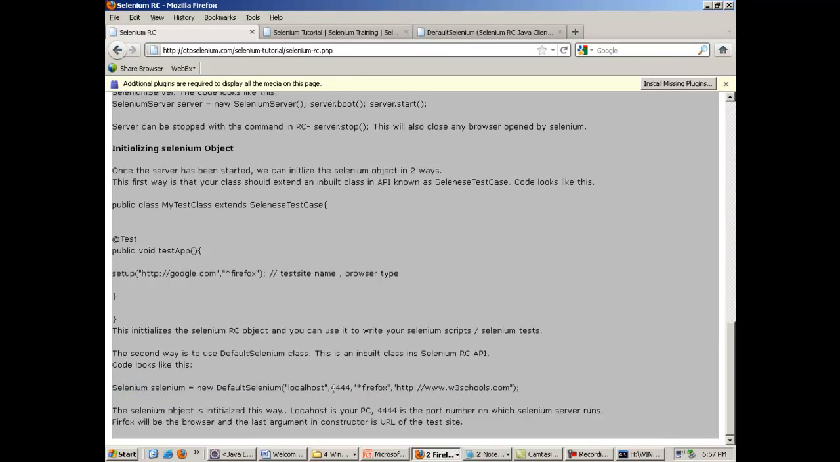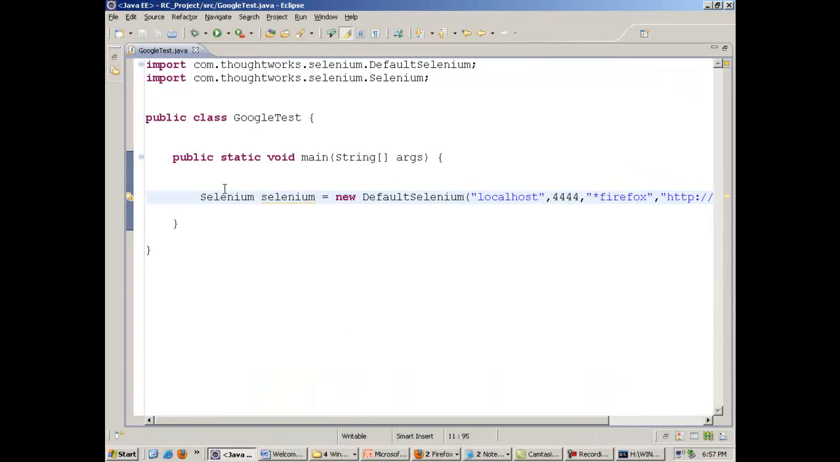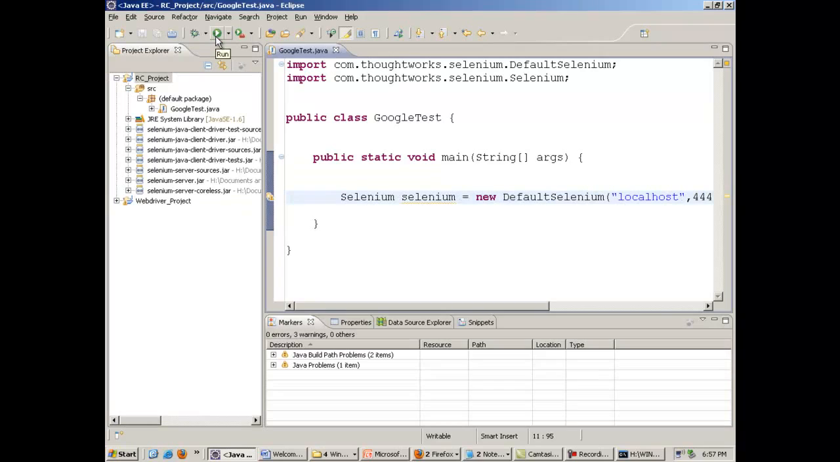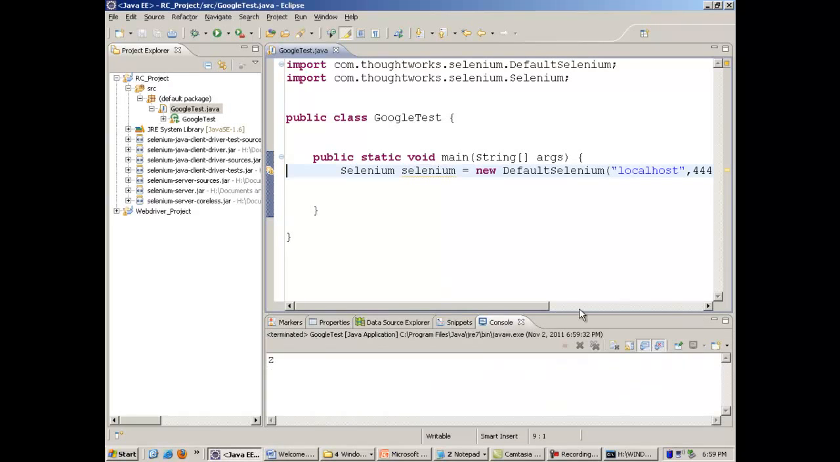Right, now after this, suppose I just run this program by writing this single line. What will happen is that a browser, practically nothing happens. Okay, this is because I have to write selenium.start after this. So now after writing selenium.start, if I run this code,